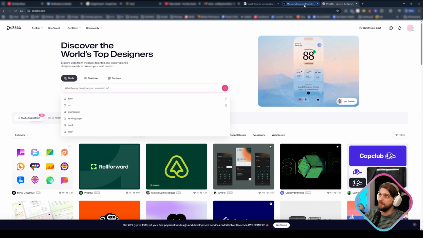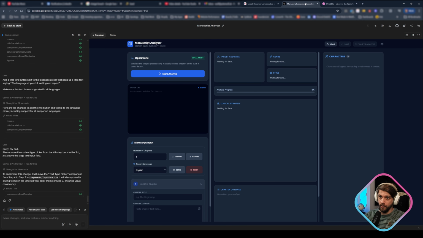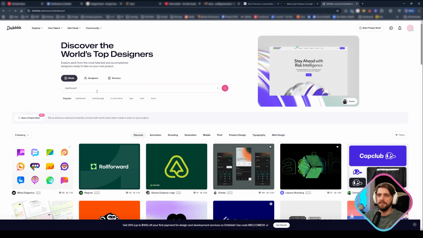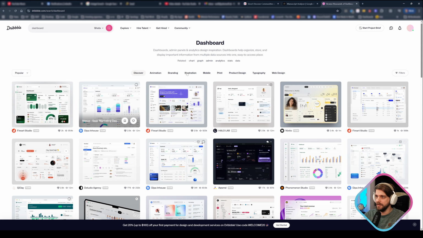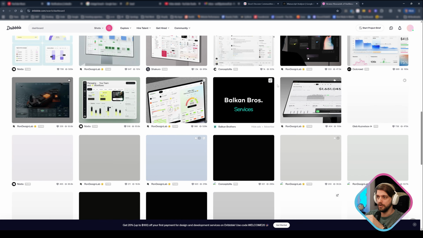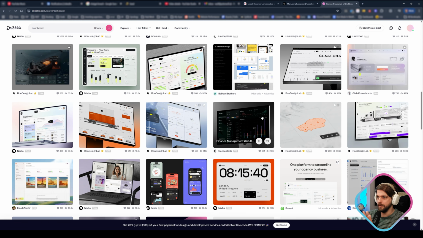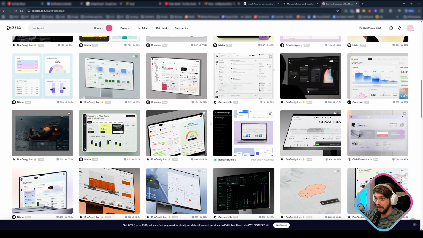Because this is a dashboard app, I am going to look at dashboard designs, which I have done many times. All I write in Dribbble is dashboard, and instead of spending a lot of time on designs, I just scroll through, and if I see something that is visually appealing, I might right click and open a new tab. The only thing I want to avoid when I'm doing